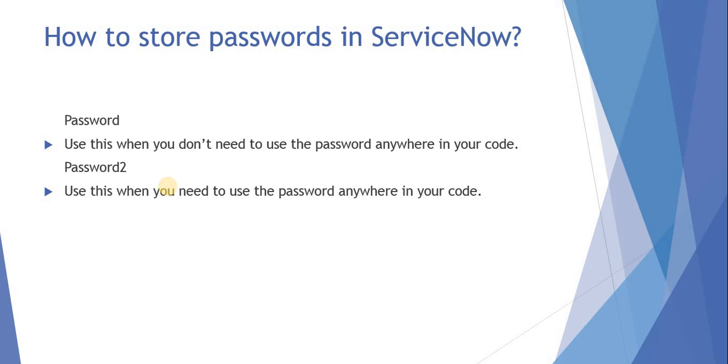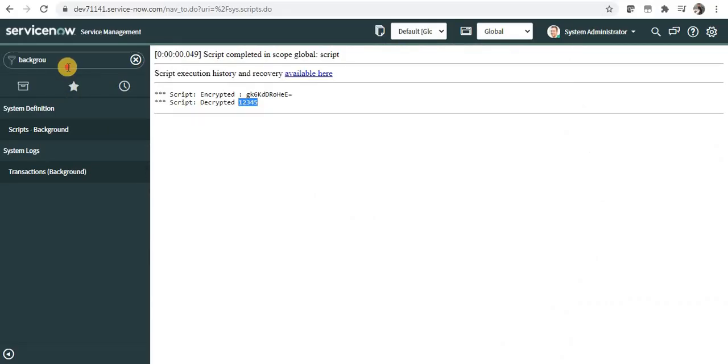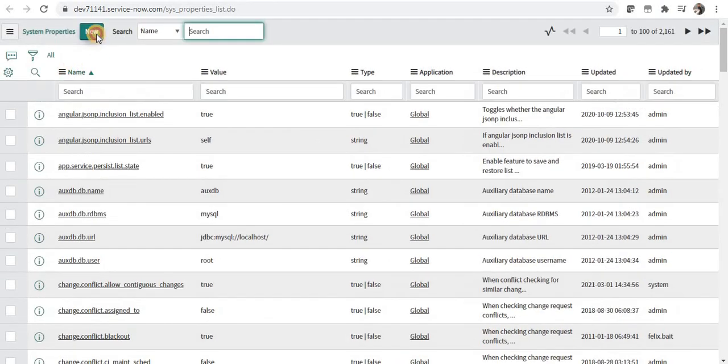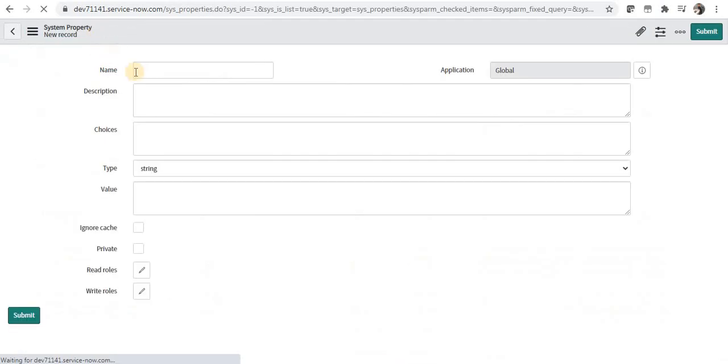We use this particular type when we know we have to decrypt the password and use it in our Flow Designer, workflows, business rules or script includes. Let's quickly see a demo of that as well. I'll go to system properties. I will create a new property and I can name it as